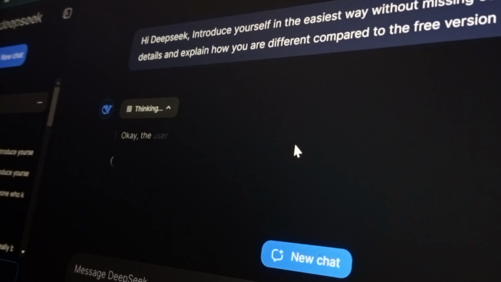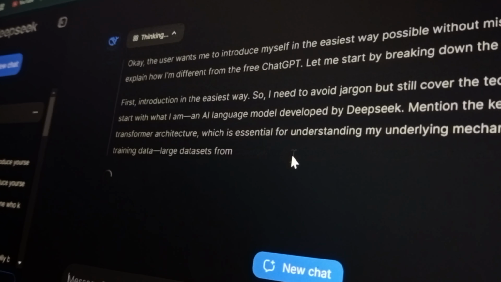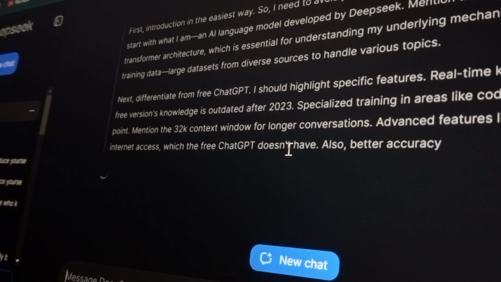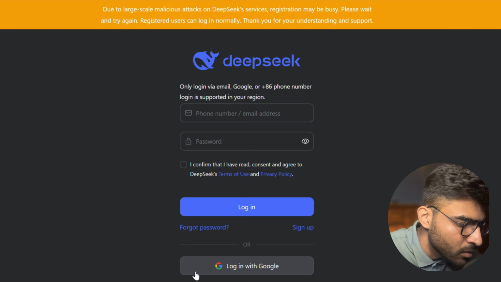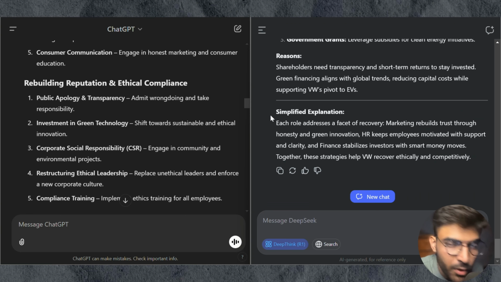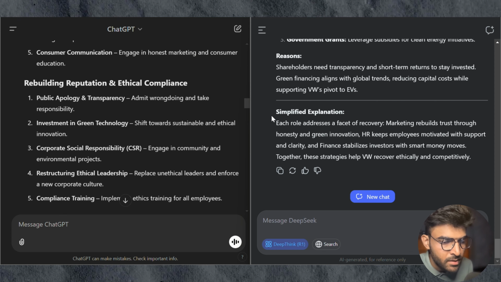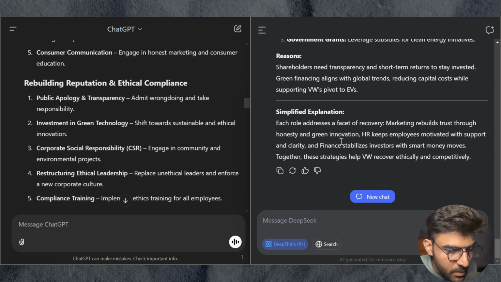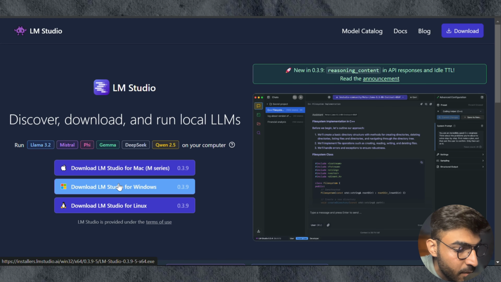I have used the DeepSeek R1 model for the past 8 days. And today I'm going to talk about everything that I've learned and know about the DeepSeek R1 model, starting from how to create an account, to comparing the differences between DeepSeek R1 and ChatGPT 4.0 free version, and ultimately how you can download these models locally on your computer and run it without any internet access, keeping your data safe